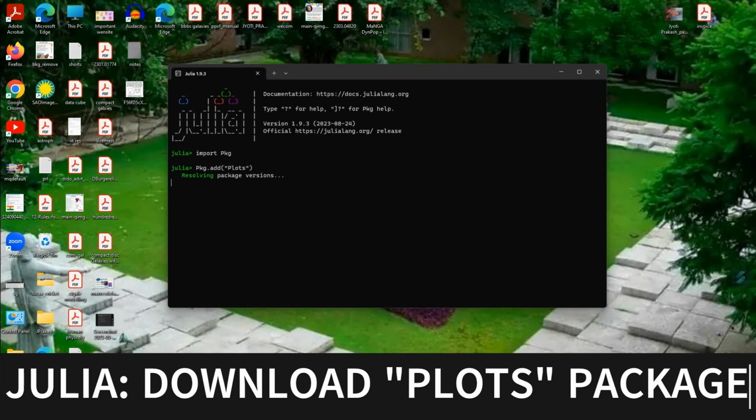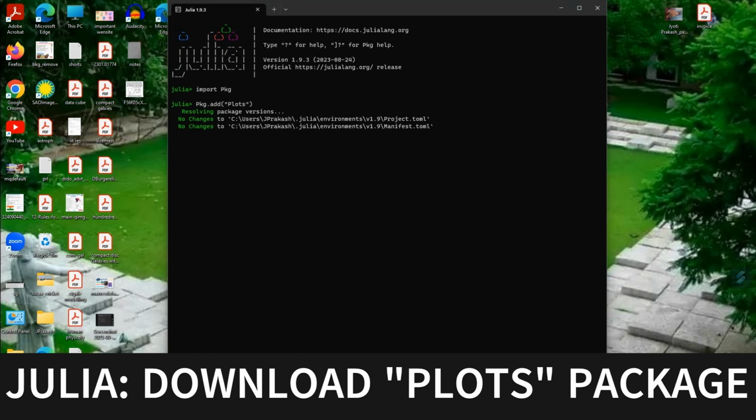and you can see that here it is resolving the package versions. Now it is downloading. So it seems that in my system the package has been already installed. Okay, so